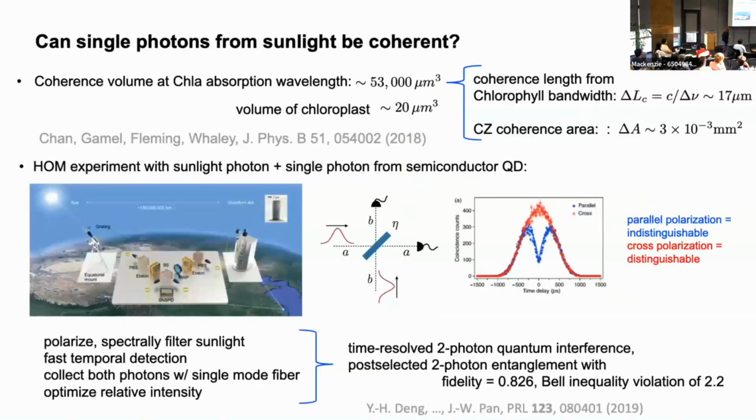And there's a very beautiful experiment, I won't go into the details of this, from Zhanwei Pan's group in China, showing that if you have the right detector, so in other words, if you polarize and spectrally filter sunlight, have fast temporal detection, and you can then